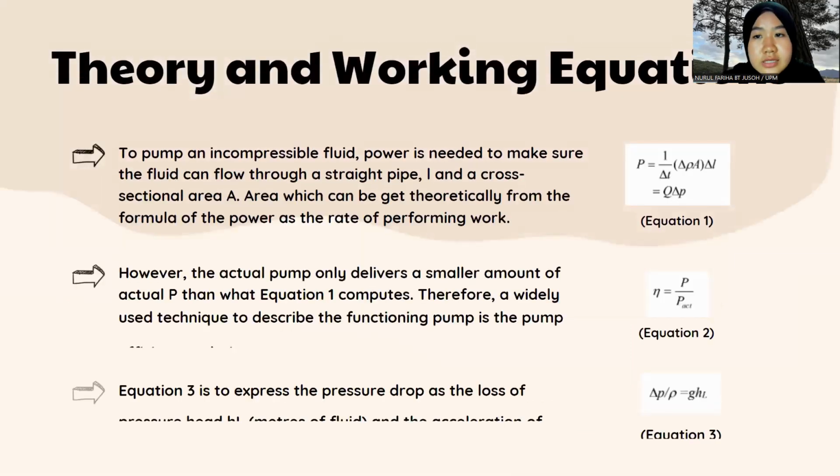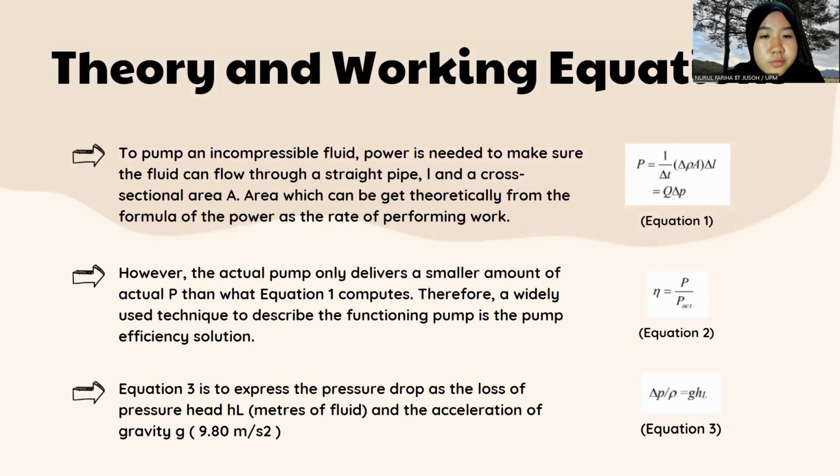For the theory and working equations, to pump an incompressible fluid, power is needed to make sure the fluid can flow through a straight pipe of a given cross-sectional area. We can get this theoretically from the formula of power as the rate of performing work. However, the actual pump only delivers a smaller amount of actual power than what equation 1 computes. Therefore, a widely used technique to describe the functioning of the pump is the pump efficiency equation,